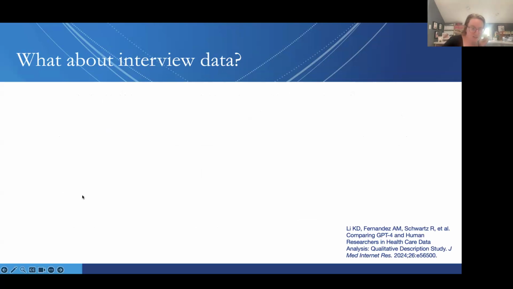Okay, so the next article, Laura, sorry. There's a question which I think is better answered now, before you move on to the other study. There's a question that says, was the implicit assumption that human coding was the gold standard?